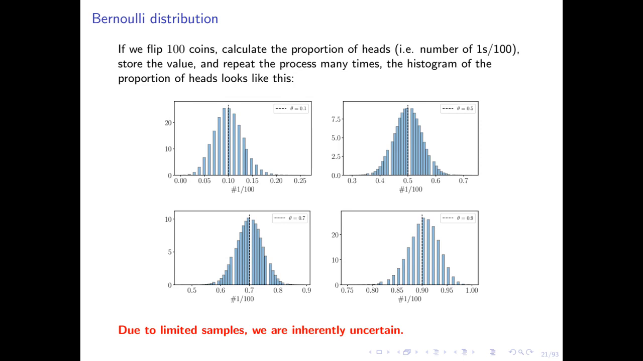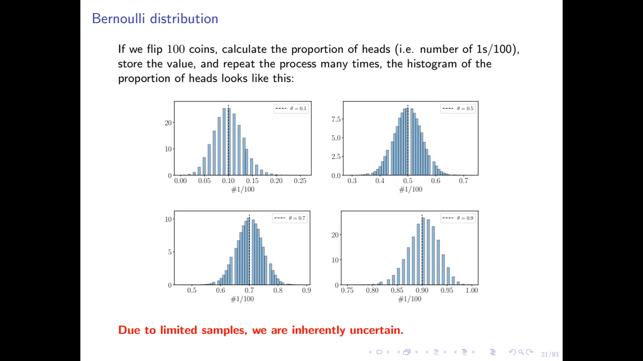If we plot a histogram of the number of heads, in this case, we can see that if theta is equal to 0.1, we would have many cases where we have a value of 0.1, but we can also encounter a value of 0.2. If we took 100 coin flips, in one case we might have 20 heads. Even though the coin has a preference for 10% of the time, we might observe 20% because of the